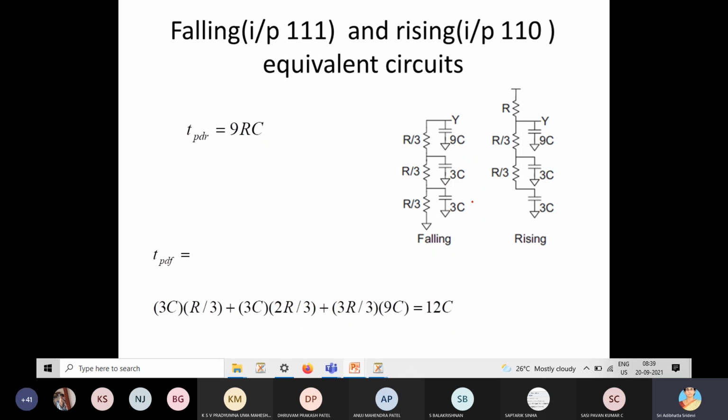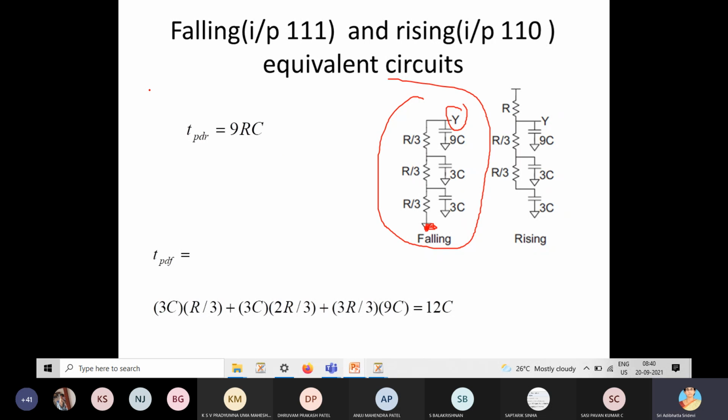So likewise, here, what is our source? Source node can be either ground node or supply node. In our circuit, we don't have a supply node, so this ground node is our source node. And what is our node of interest? Y is our node of interest, at which we want to find out the delay, correct?